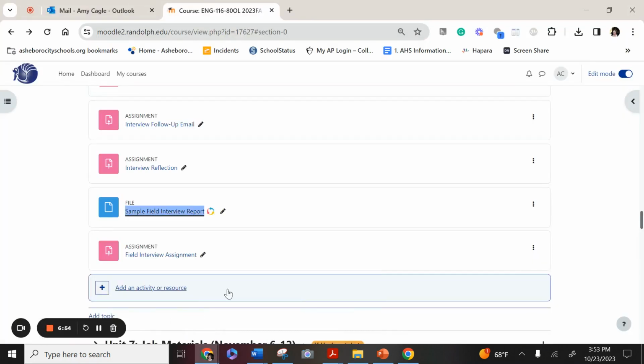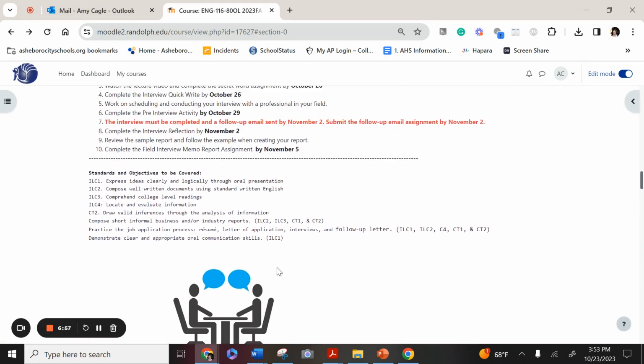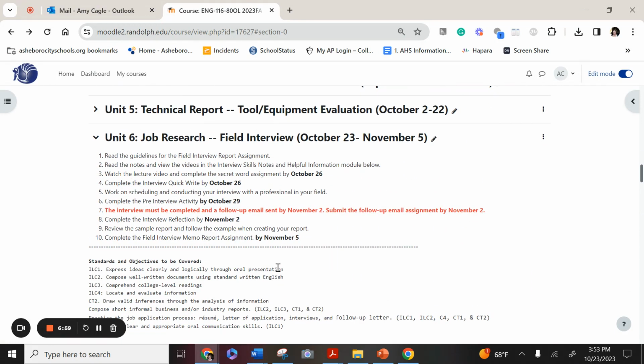So that is this particular unit. Like I said, you have 2 weeks, so do make sure that you get this done on time. As I mentioned before,